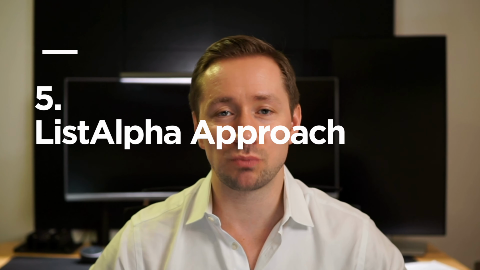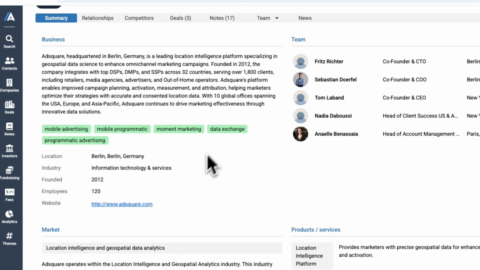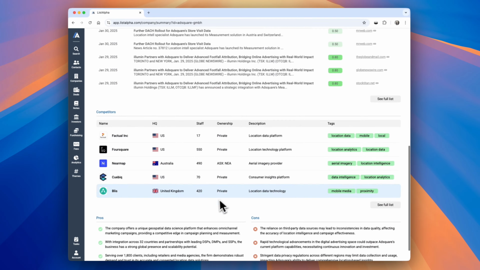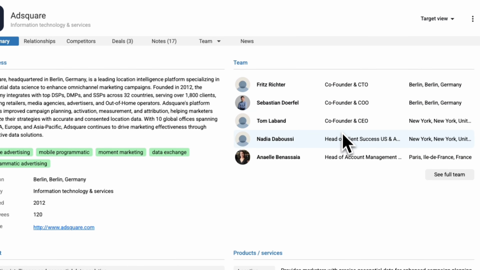Using our data sources, we're able to answer most of the firmographic type questions about a target business, such as HQ, number of staff, location and industry, some of the products that it offers, a list of its competitors, and also the list of the senior management team. Now, sometimes customers want to go deeper and actually get to the financial information that is only available in some of these third-party premium data sources. And in those cases, we integrate them into this view using third-party API integrations, just like I described earlier.